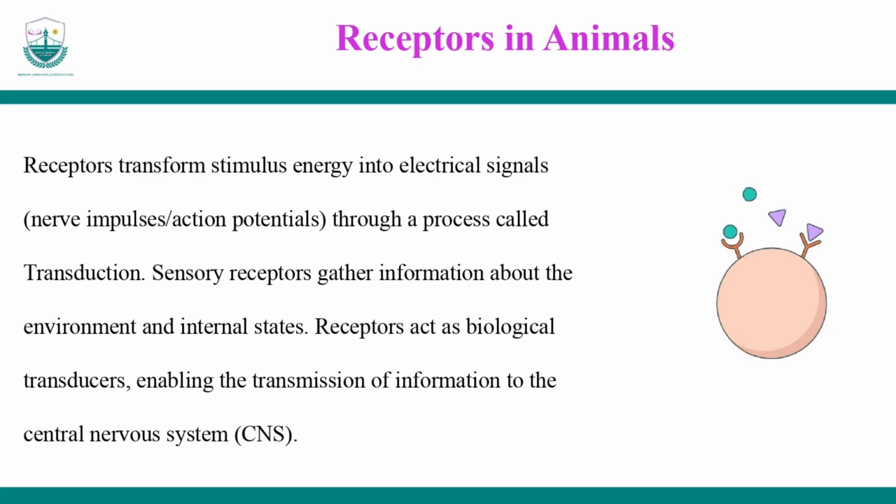What we want to emphasize here is that the stimulus, which in this case is chemical, but of course you can have stimuli of different kinds. What I want to emphasize here is the shape of the receptor. The receptor has a shape that is similar to the chemical stimulus that will act on it. So, for example,